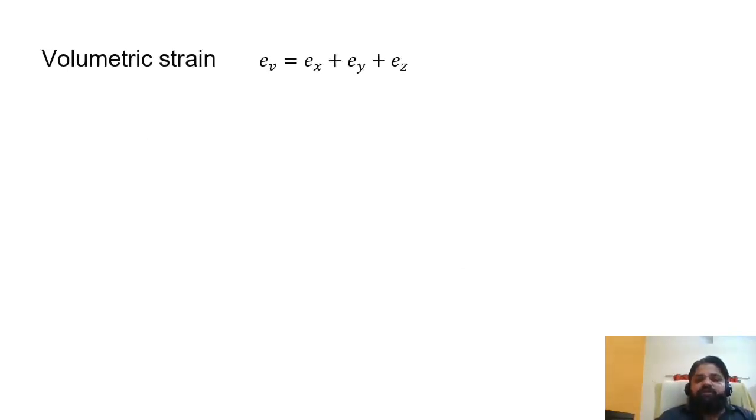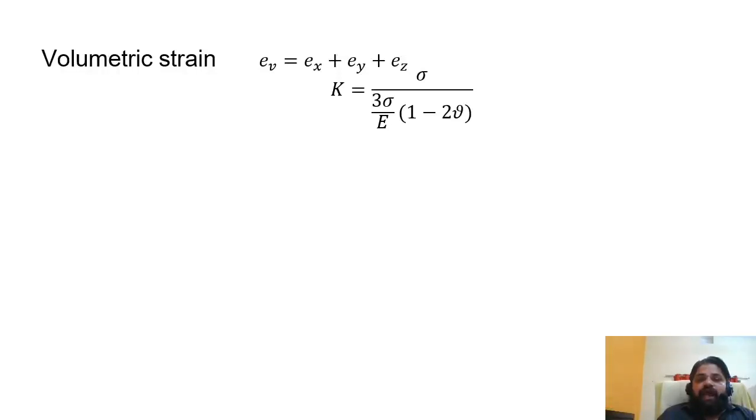Now the volumetric strain, Ev, is equal to Ex plus Ey plus Ez, and that can be represented as, again, once I got that one, that means volumetric strain. The bulk modulus is equal to volumetric stress by volumetric strain. So sigma by 3 sigma into 1 minus 2 nu, and from there, from where the sigma by E or this 1 minus 2 nu has come. I think it is clear now.